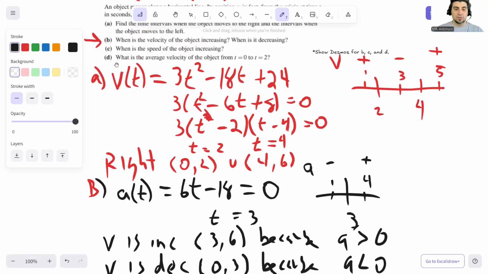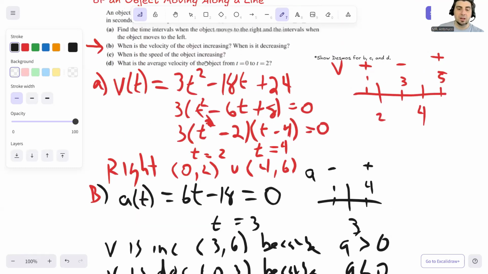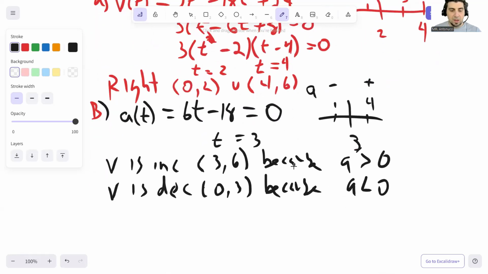Alrighty, so now let's look at the next one. When is the speed of the object increasing? So here's where we have to use that information that we had a little bit ago. Speed is going to be increasing when velocity and acceleration have the same sign. So in other words, when they're both positive and when they're both negative. So if we look at the intervals that we have and compare where they overlap, on the intervals 2 to 3 and 4 to 6,